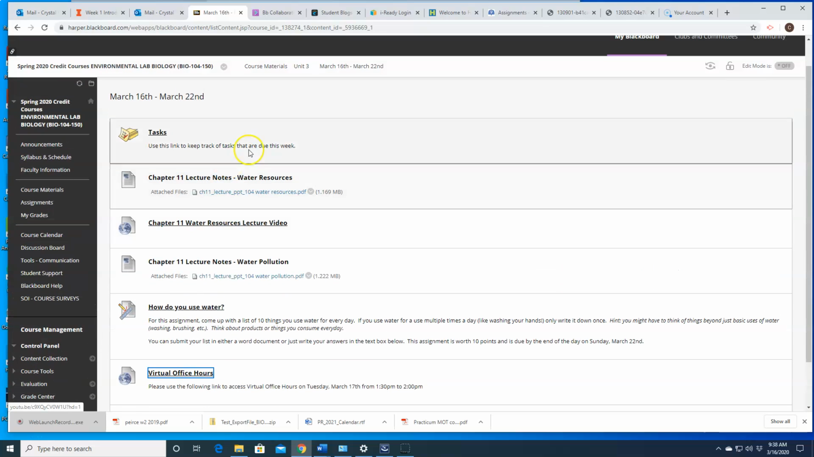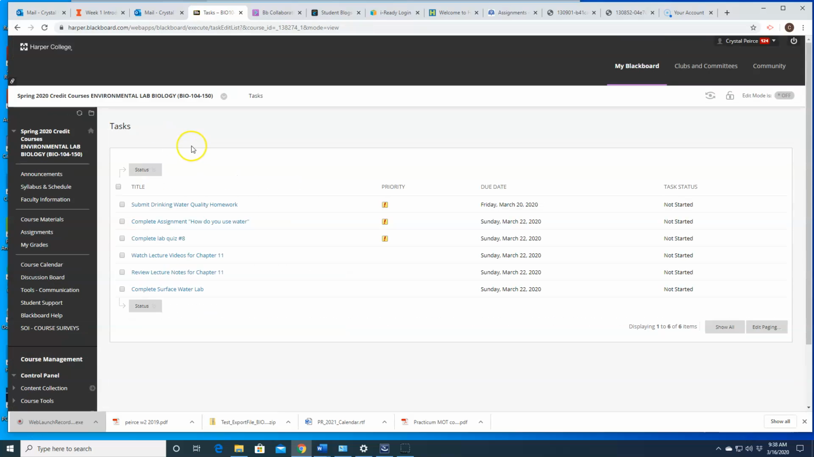The other thing that I wanted to briefly point out to you is that I'm going to start using a feature in Blackboard called Tasks. You're not required to use this, but if things get overwhelming with all of the different things that you're expected to do throughout the week for all of your courses, sometimes it helps to have this feature called Tasks. So when you click on it, it just brings you to a list of things that are due, and it gives you due dates, and then you keep track of things, whether you've started them or not. So you can say, I need to do the surface water lab this week,